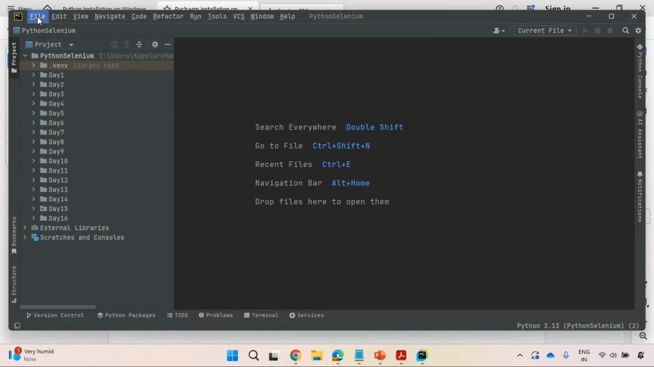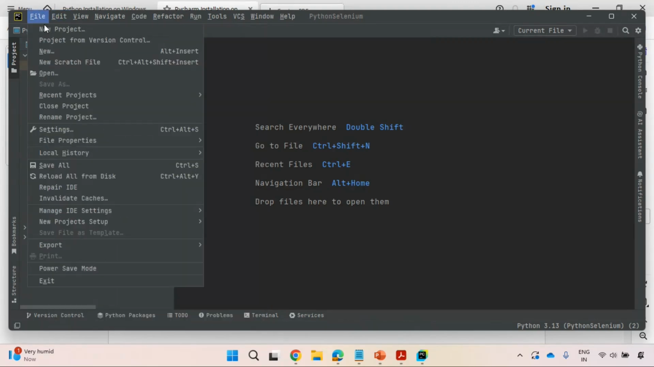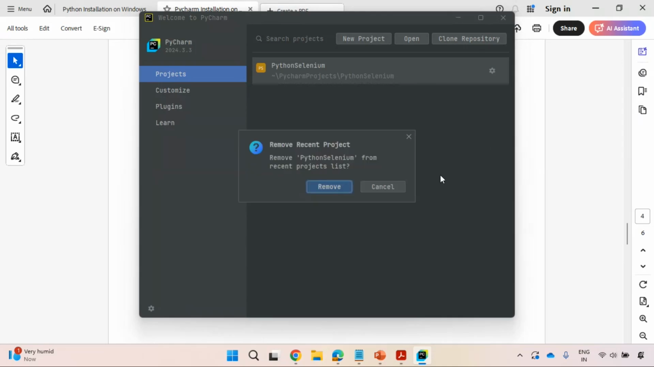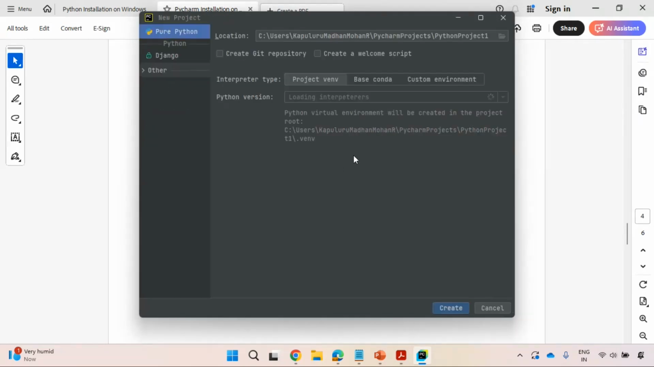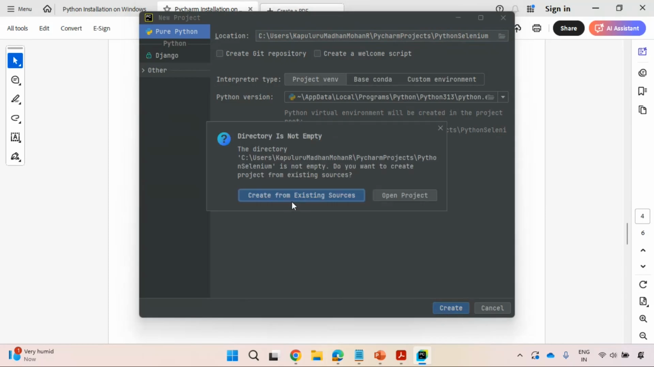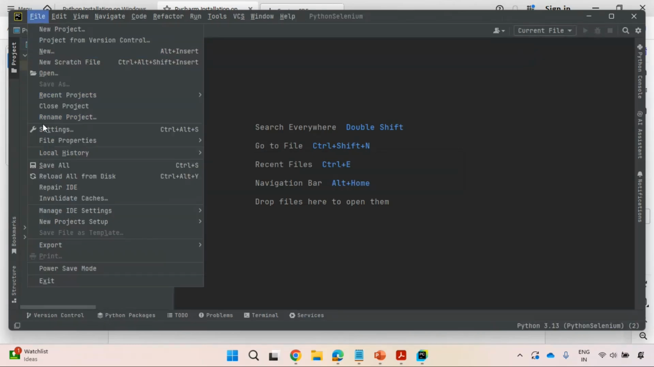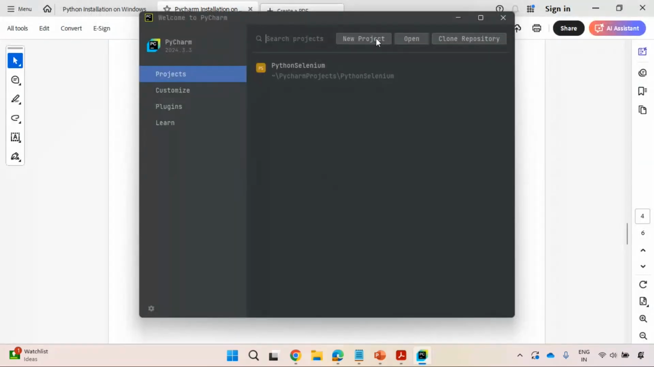So what I'll be doing right now, click on file again. I'll be closing this project, right? You see here, this is the window you see at the very beginning. Click on new project. This is the project name, Python Selenium, right? Click on create. Once you click on create, you see here again it is going to that. So I'll be closing this again, new project,